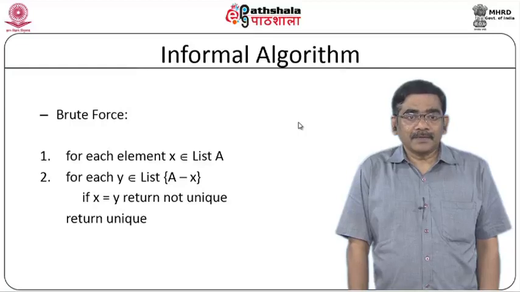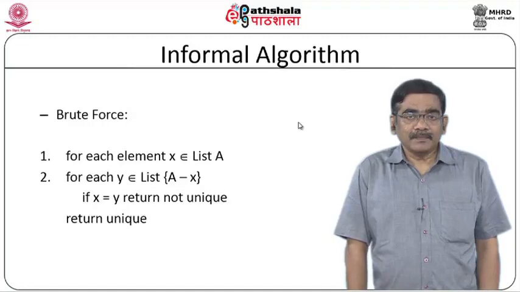Otherwise, we say that there is no duplicate element present. This sort of brute force technique involves comparison of every element with every other element present in the array. So, this leads to an order of n square algorithm,